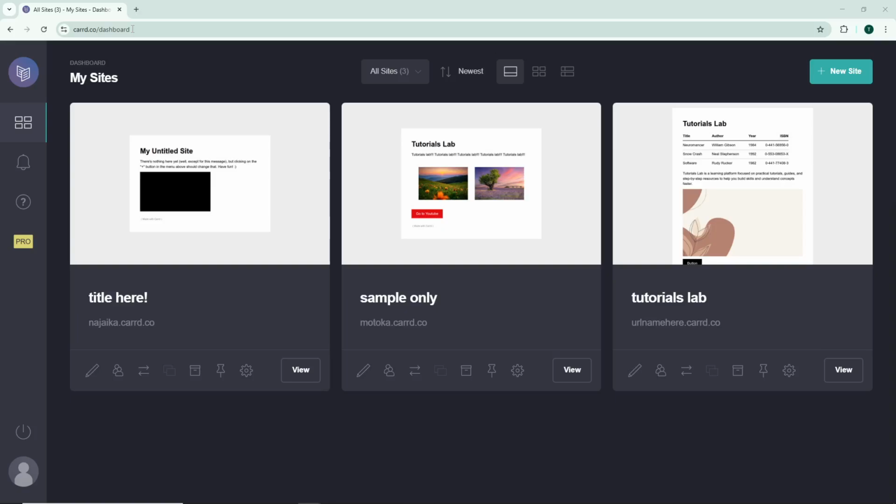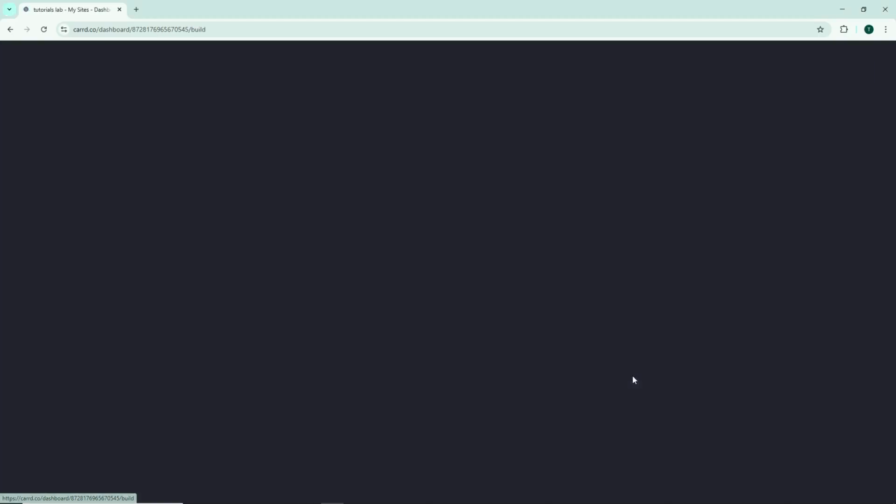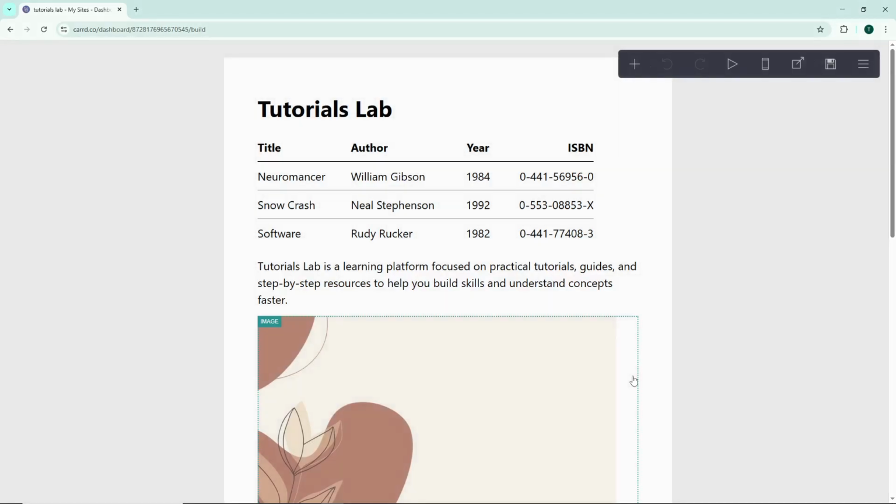Once you're logged in, you'll see your dashboard displaying all the sites you've created. Take a moment to locate the specific site where you want to delete an element. It could be a portfolio, a landing page, or any other type of site you've built. When you've found it, click on the Edit this site button. This will open up the Carrd editor, which is your workspace for making all kinds of changes to your site's